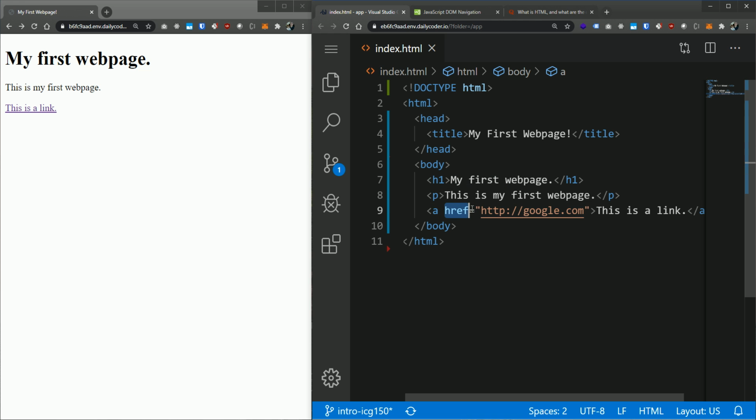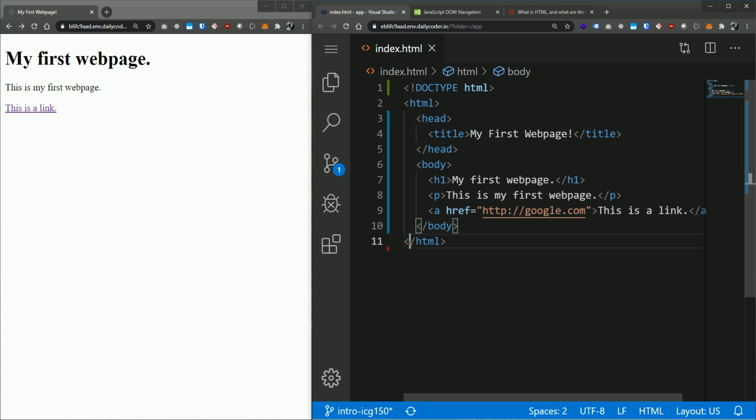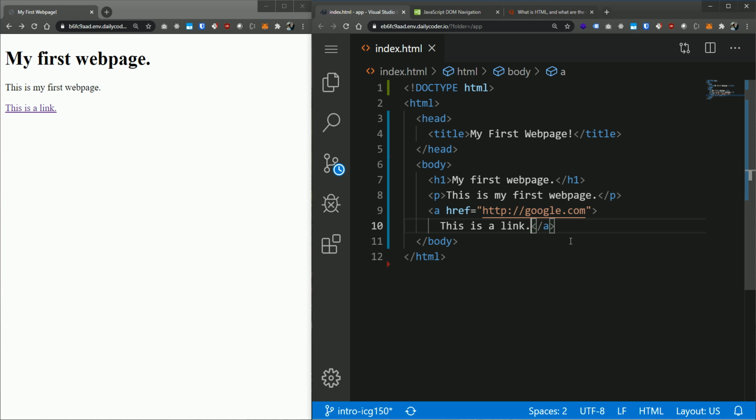We call this an attribute, and an attribute lives within the opening element. As you can see here, this is an opening element. You know it's the opening element because it does not have that little slash in it, and it comes first in terms of what it's wrapped with. In this case, what's inside of it is some content that says this is a link. There are no other elements inside of this, but there could be. We could say, inside this anchor, and I'll expand this out, there is an H6, and inside the H6